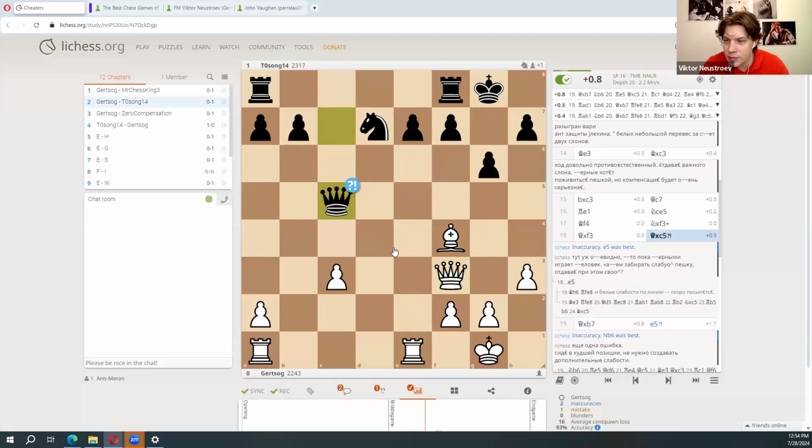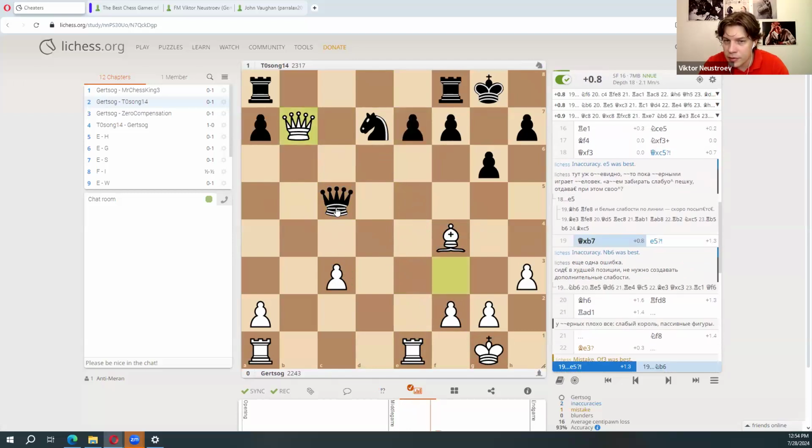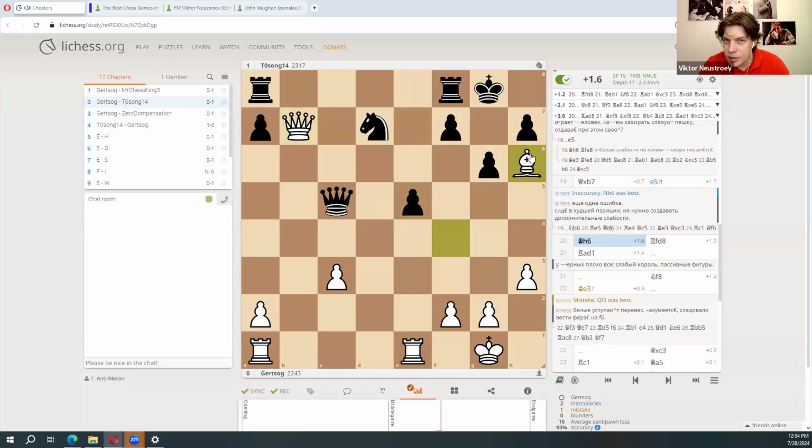So it seems that he's playing on his own. Queen takes b7, and now he does a5. Well, he does a5 because he cannot take here. I take the knight. e5, I play bishop h6, and then he is in trouble. This and these are hanging, but rook fd8 saves everything.